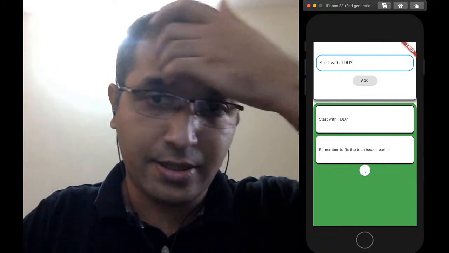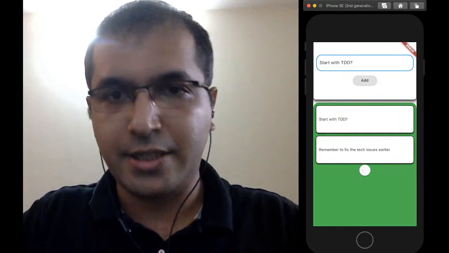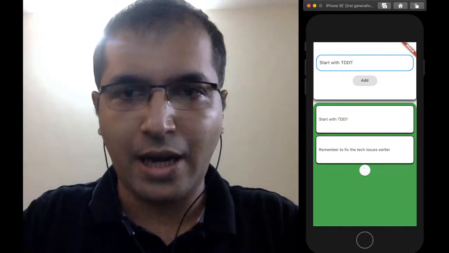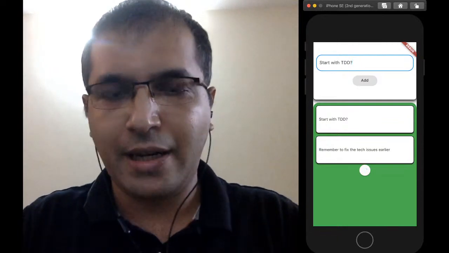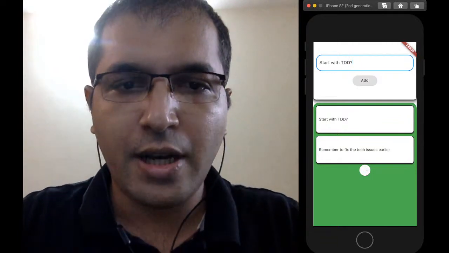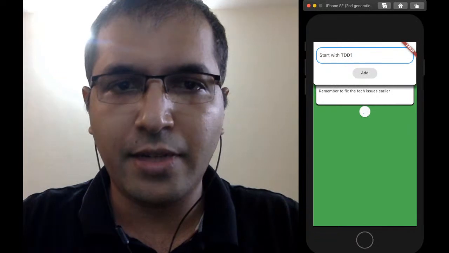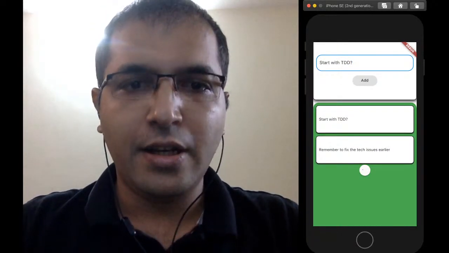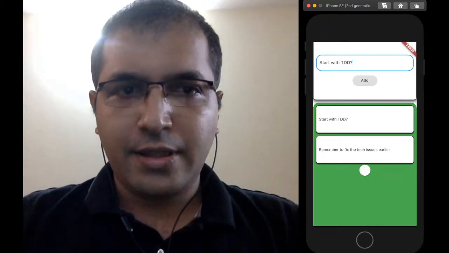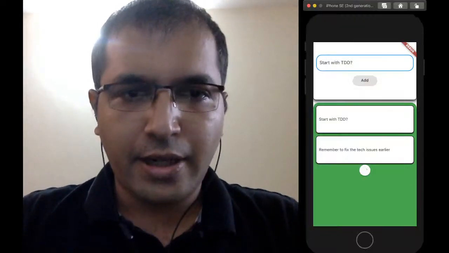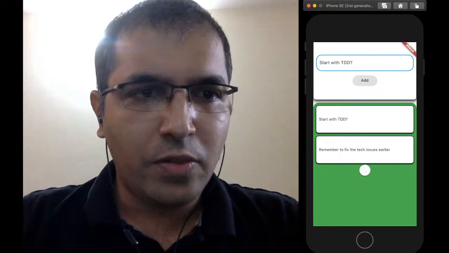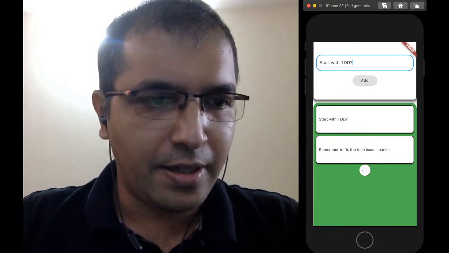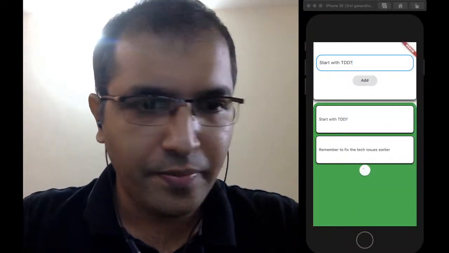pull the latest to-dos or any messages which were there before I added, because it's quite possible I can add to-dos from two different machines, and I can definitely swipe it up, and it will try to refresh in this screen. As of now, as you can see, this is not connected to the internet. This does not work on the internet. The way it works is, let me actually show you the IDE.